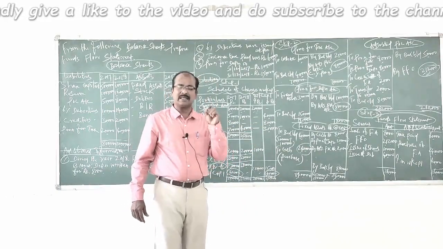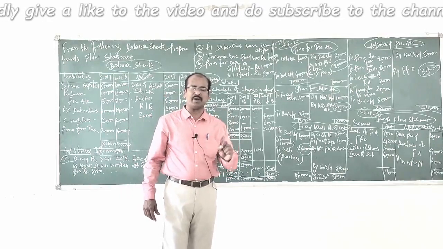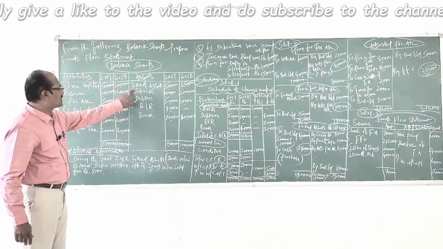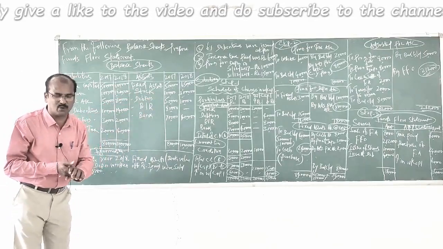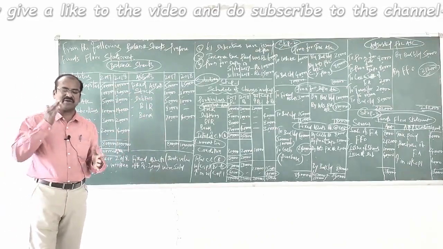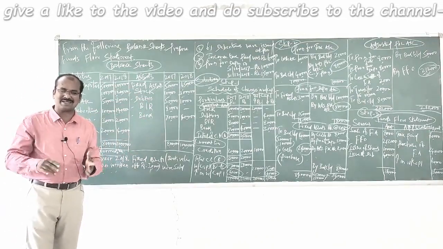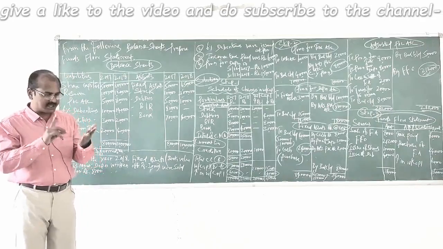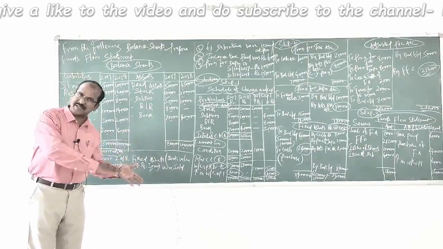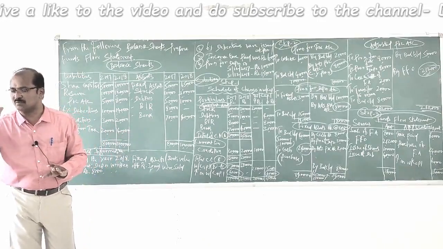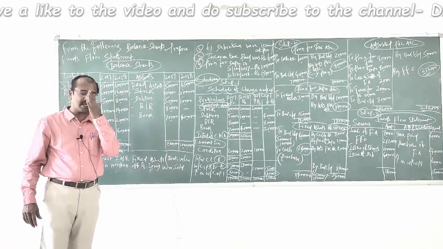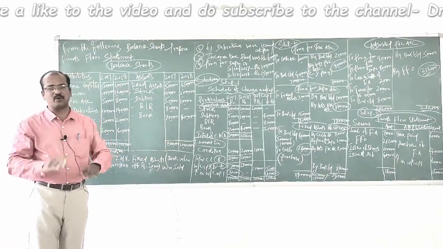Why do I say the fixed asset account should be opened at its cost value? Yes. Fixed assets are presented in the balance sheet at their book values. How do we come to know? Yes. Since we find the provision for depreciation opening and closing balances given in the additional information, which is outside the balance sheet, obviously the fixed assets are presented in the balance sheet only at their book values. Therefore, when we open the fixed asset account, let us open it at its cost value.